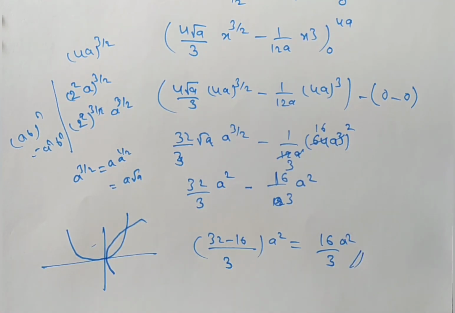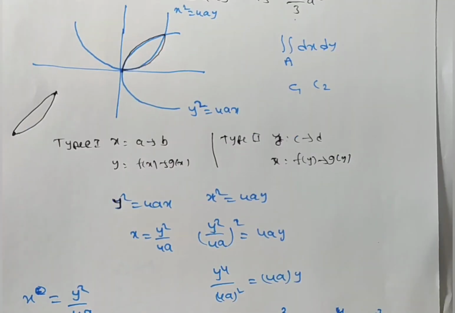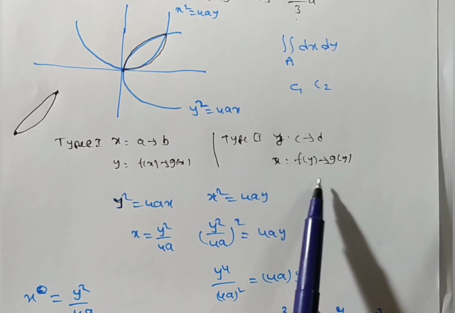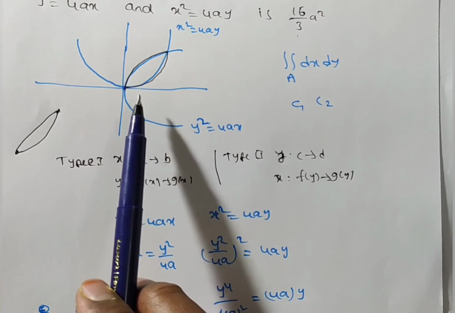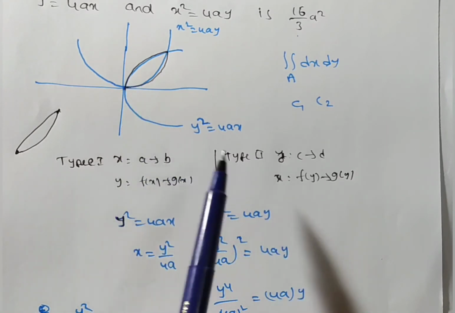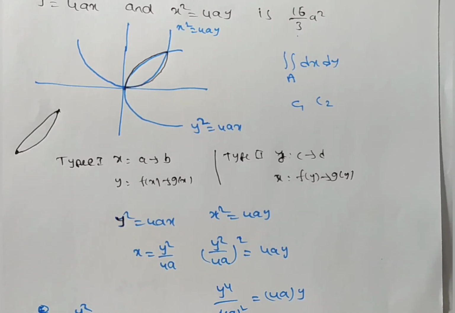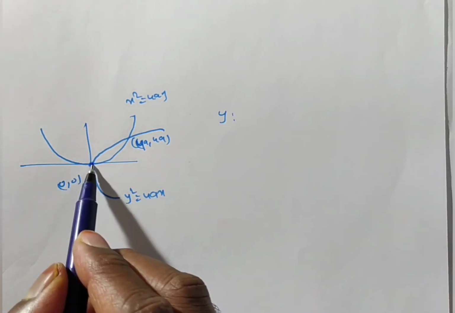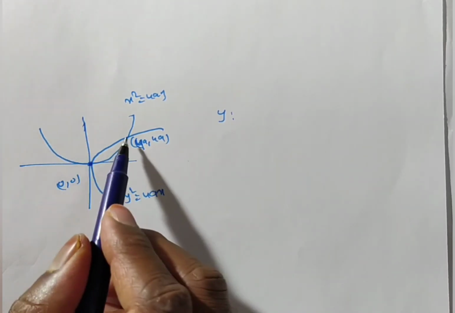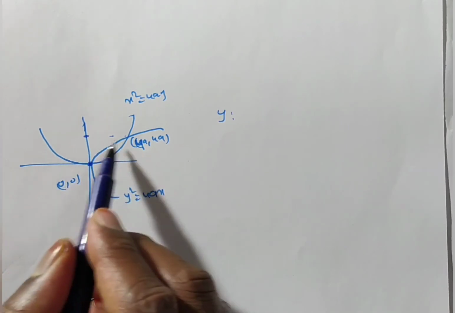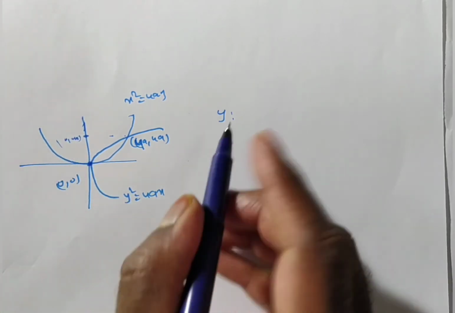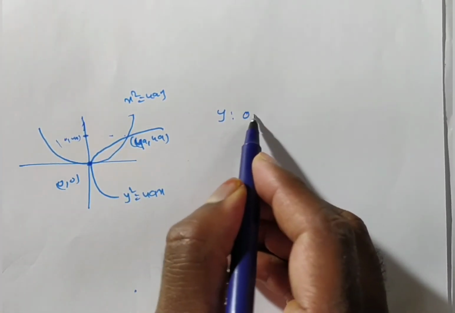Friends, now I have done it in type 1. So I will give a hint for how to solve type 2. In type 2, we take y as the independent limit and x as a function of y. So this is the region. For convenience I will give the hint on the next page. One moment please. So now I am taking y as independent limits. Observe, y is this axis, and the maximum of the graph is up to this point, 0 comma 4a. So y is moving from 0 to a maximum of 4a.